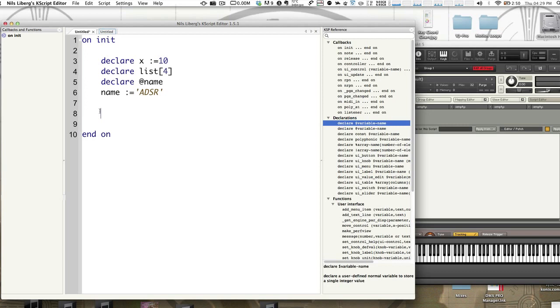Elseif is a logical function to use. So if we do x equals 1, we can do some work. We can say name equals Kontakt, and then we can say, actually,